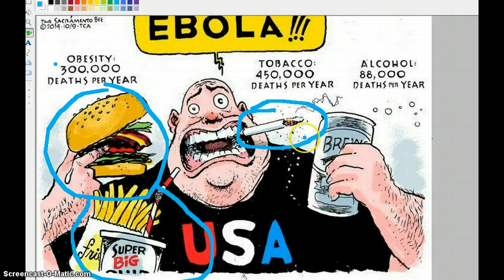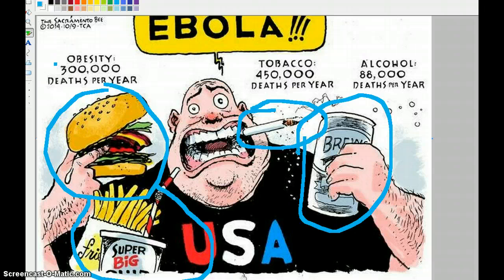We shift a little more to the right. You can see this can in the character's hand. And it's an aluminum can, but it's labeled with the word brews, and that is another slang term for beer. So of course there's liquor as well, but in this case, American alcohol consumption is represented by